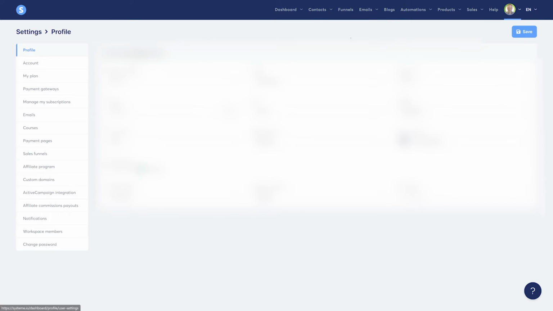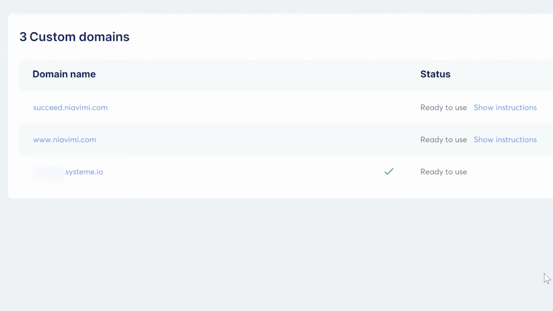Then go to the settings menu by clicking on your profile here in the top right corner, and then on the left select custom domains. Here you see all your custom domains that you have already added to your account, plus your default systemeio subdomain that contains your username. If you have not yet added your own custom domain or don't have one yet,